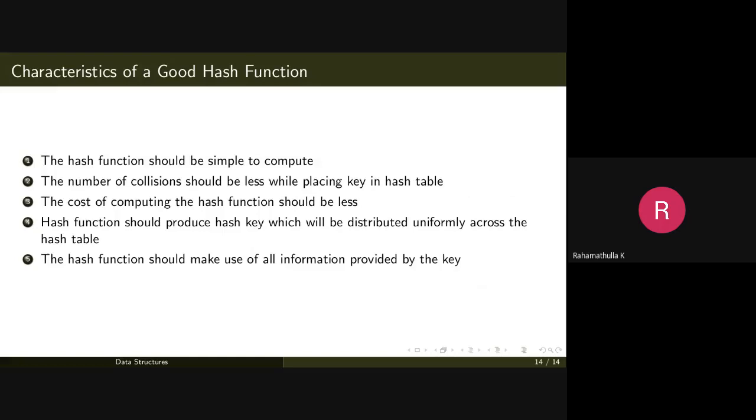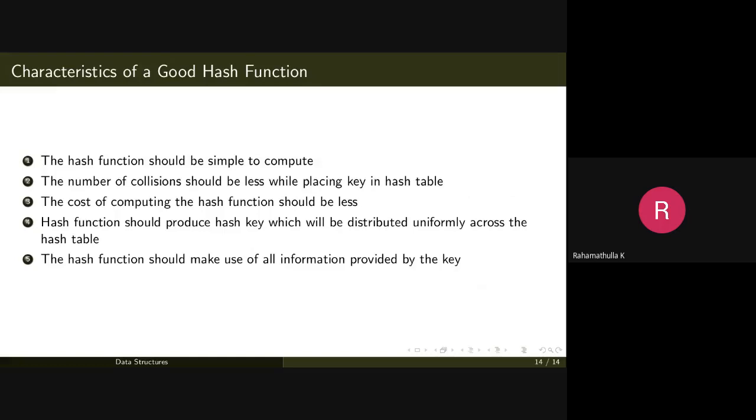For example, for two key values, the hash value computed by the hash function is the same. That means both key values are trying to occupy the same location in the hash table, the same position, and that situation is called a collision.